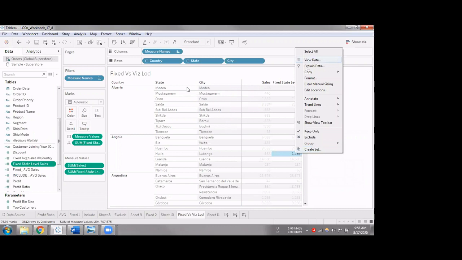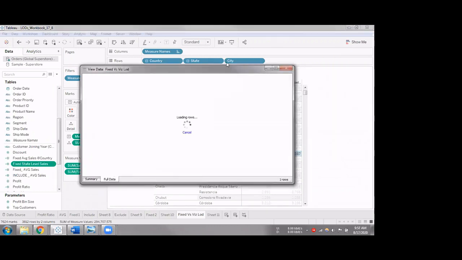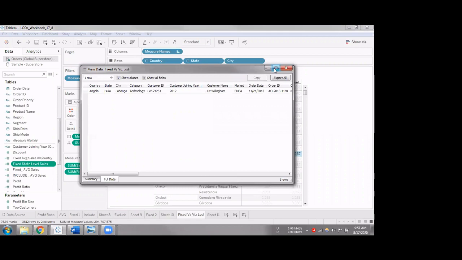View data, full data. Where's my sales? So my sales is fixed state level.